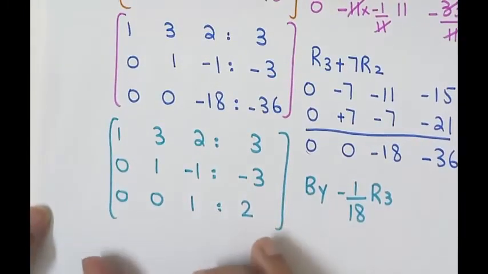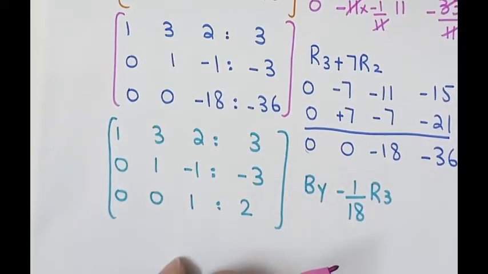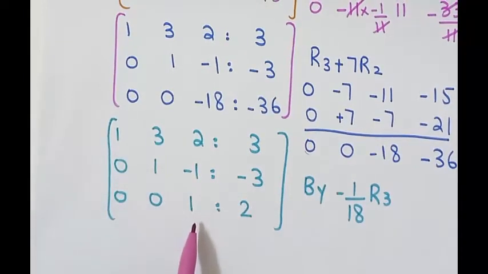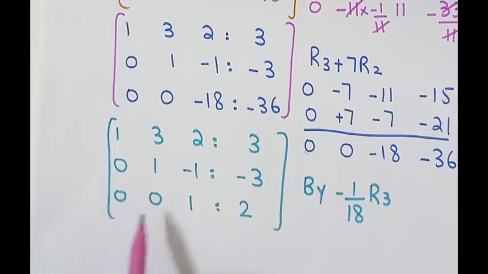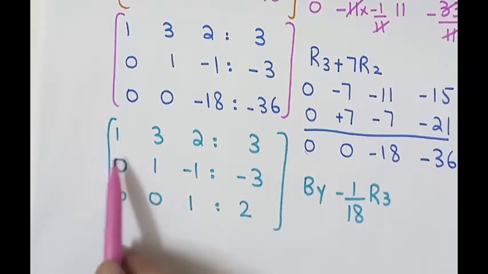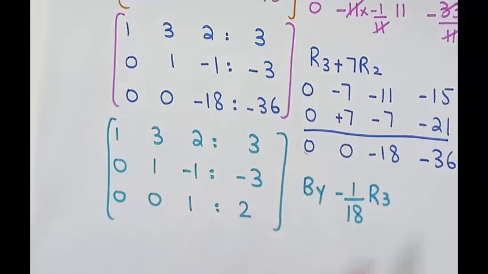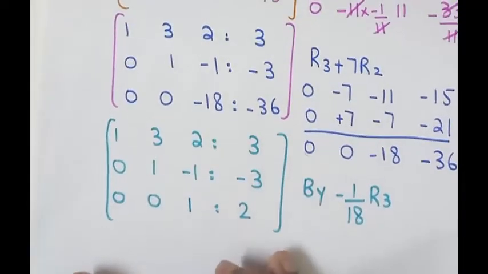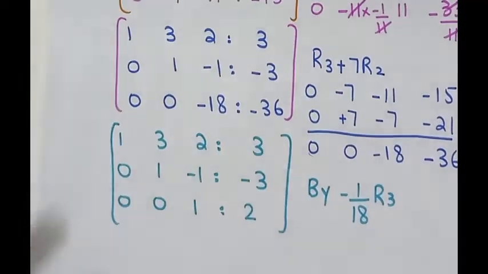So now we will check whether this matrix is in echelon form or not. For echelon form, all the leading entries should be 1. If we have a 0 at this position in row 2, the other row should have more zeros than this. Here we have 1 zero, here we have 2 zeros, so the second condition is satisfied. The third condition is that if we have a row which is all zeros, it must be at the bottom, but we don't have any such row. So all the conditions are satisfied. Now we have to find the solution.